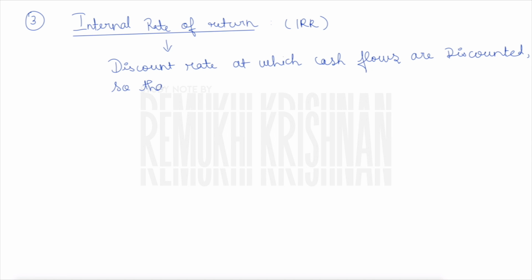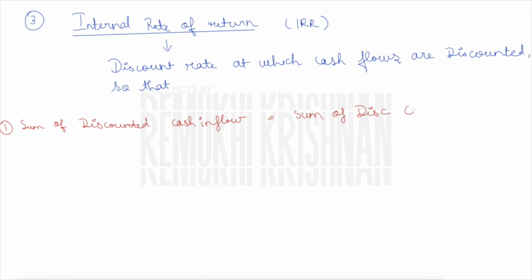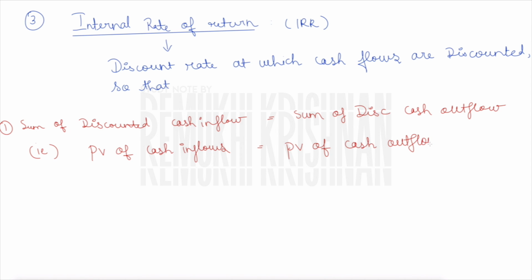Then you will be using that rate to compute the discounted cash flows. So guys, in discounted cash flow, the sum of discounted cash inflows is equal to the sum of discounted cash outflows. If you have a deep look into it, the sum of discounted cash inflows is nothing but your present value of cash inflow, and the sum of discounted cash outflow is nothing but present value of cash outflow. Thus, present value of cash inflows is equal to present value of cash outflow. We are going to find a rate which will be equating these two. Okay. So, the main